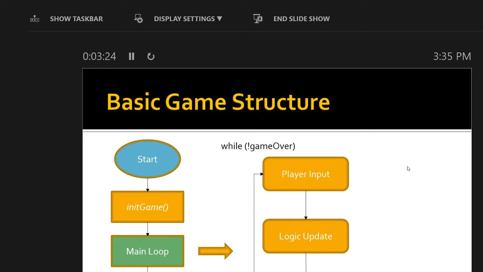For game engines, it ends up being basically the same 3 components. One is your player input. You want to know what the player is doing at any particular time. Are they pressing a key? Are they pushing anything on their joystick? Anything like that. And then that feeds into this logic update. The logic update ends up encompassing a large portion of what's happening in the game.